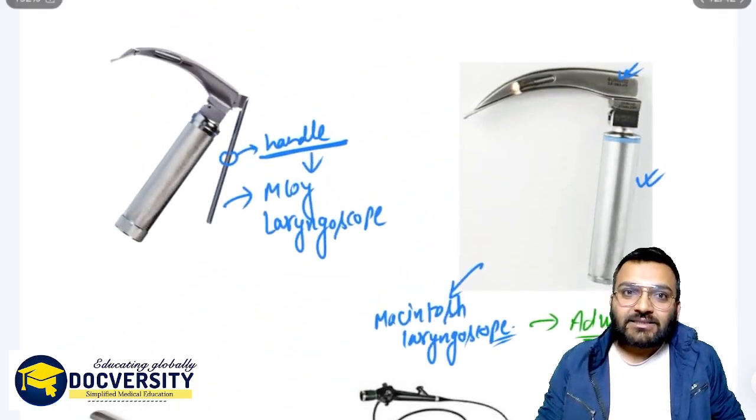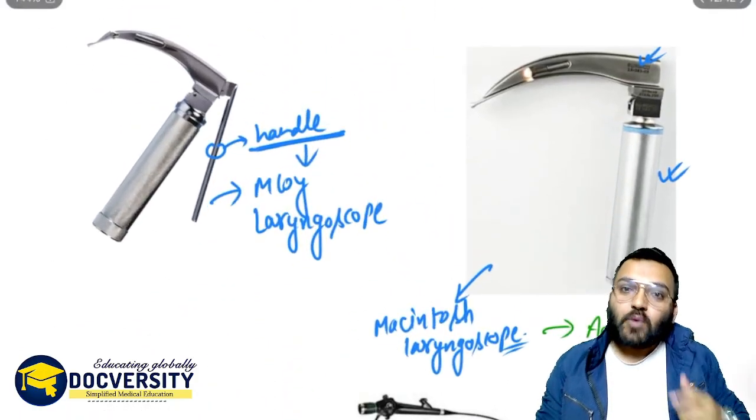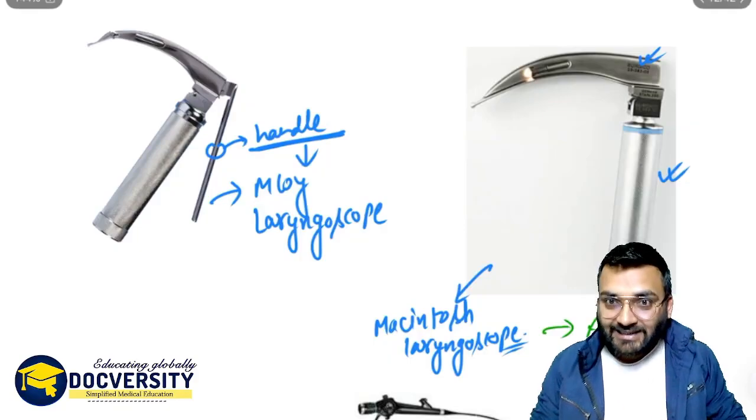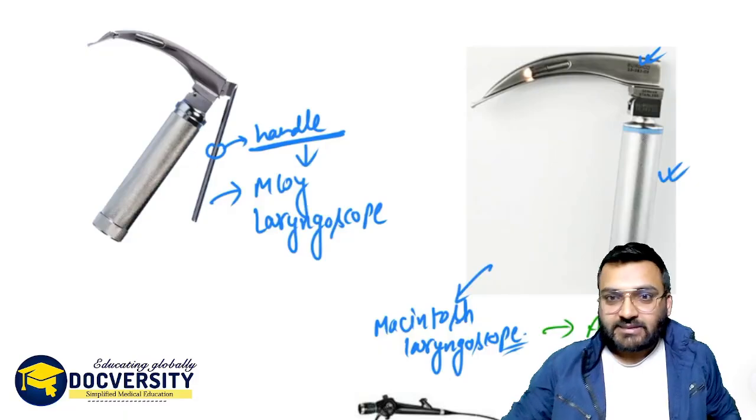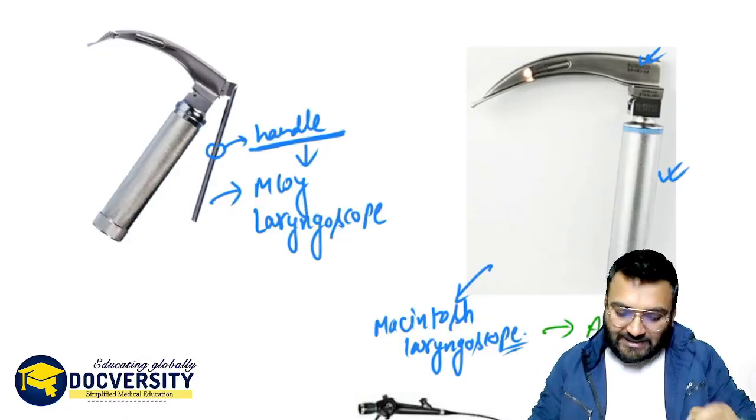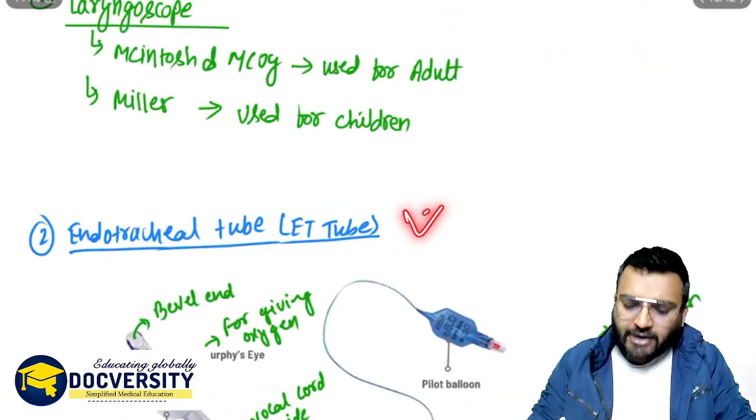Okay, so these are the laryngoscopes that you have to know at least before going for your FMG exam. Okay, now let's see about the endotracheal